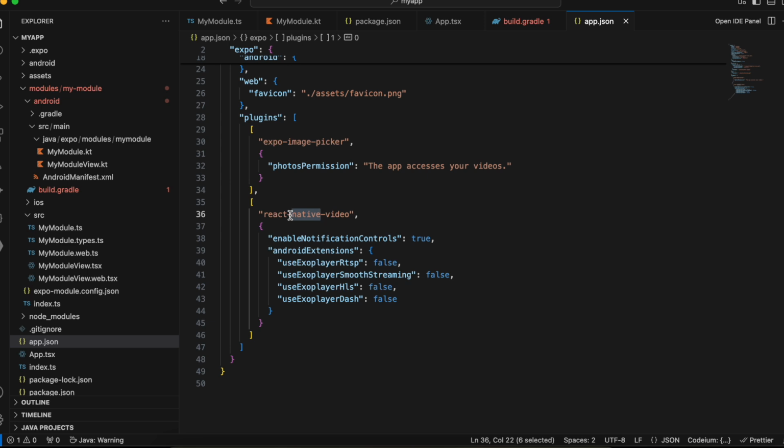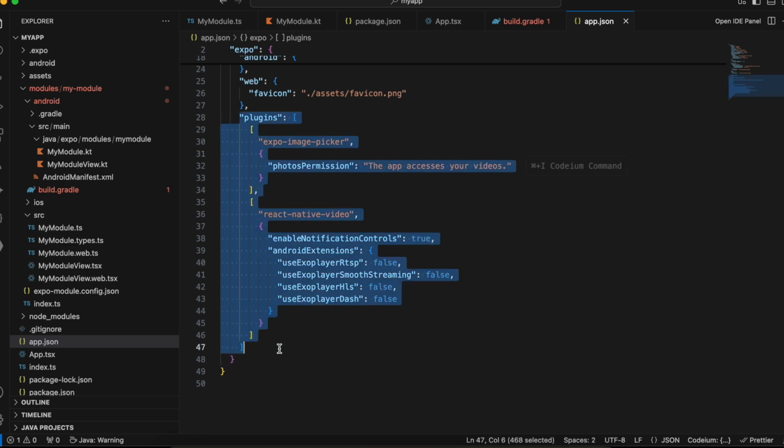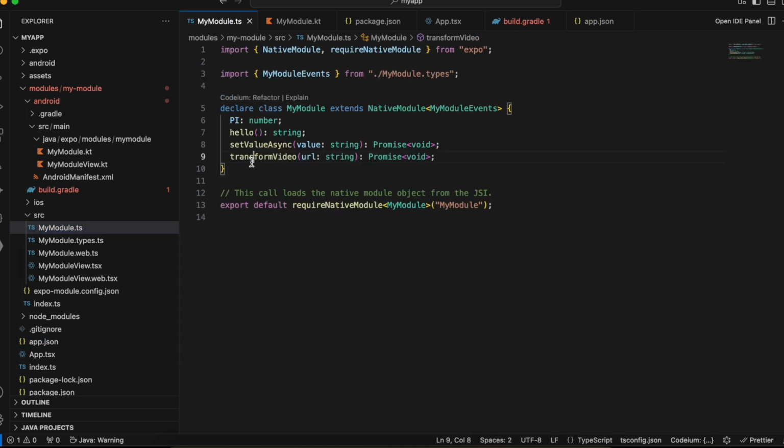This I have just copy pasted from the documentation, so nothing much here. I have not added something by myself. So this entire thing I have just added inside your app.json. Then you will have to go to modules, my modules. Here you will have to go to src modules, my module.ts, and here you can see I have just added